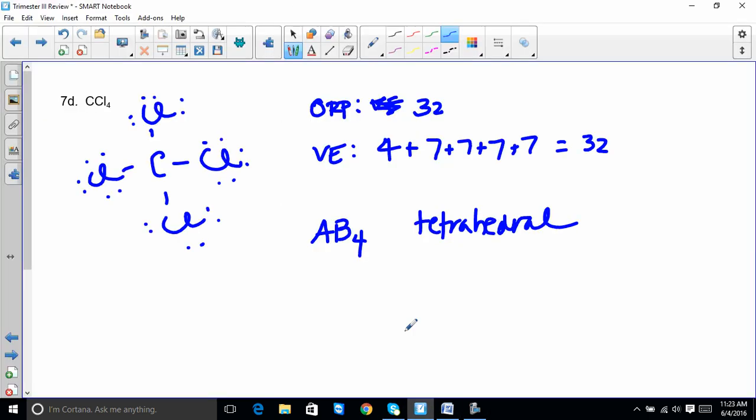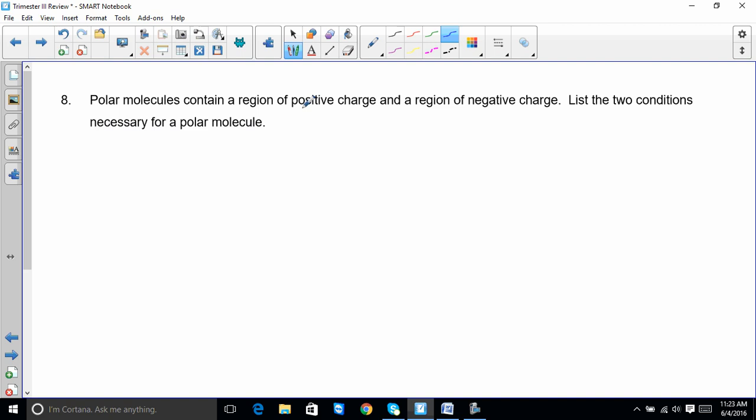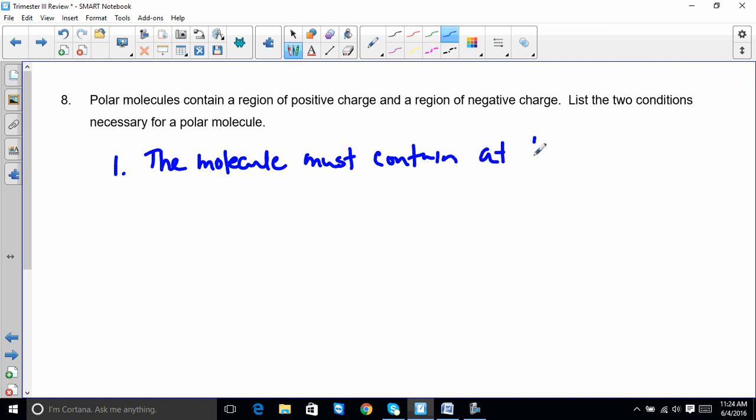Okay, next slide. Polar molecules contain a region of positive charge and a region of negative charge. Lists the 2 conditions necessary for a polar molecule. There's 2 of them. I did this to set you up for the next question. Condition 1 is the molecule must contain at least 1 polar covalent bond, which means